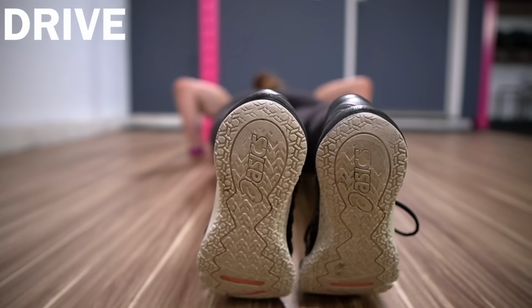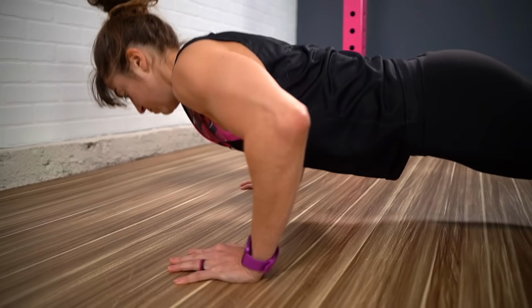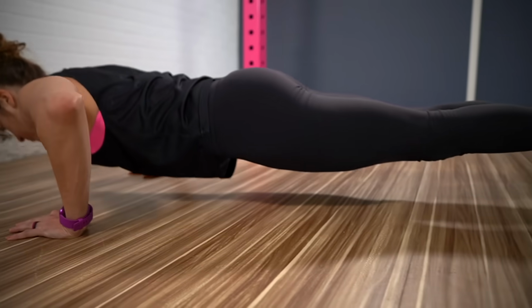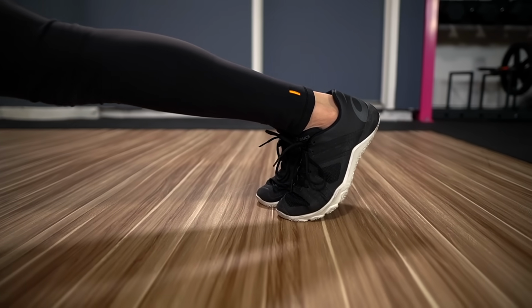Cue number 1 is to drive back through your heels. When you're doing that push-up, you want to make sure you're engaging everything from your head to your heels. A lot of times we focus on our upper body because it's an upper body exercise, but we have to remember that the full push-up is actually a moving plank. So when you're doing your planks, you want to think about driving back through your heels to engage your legs